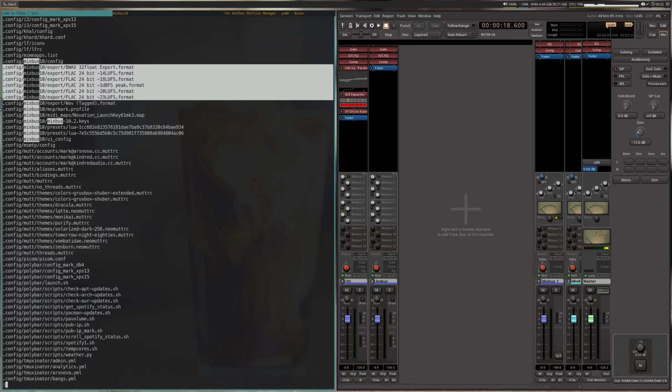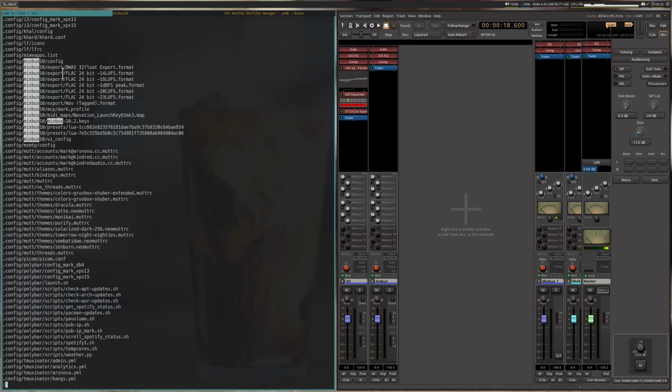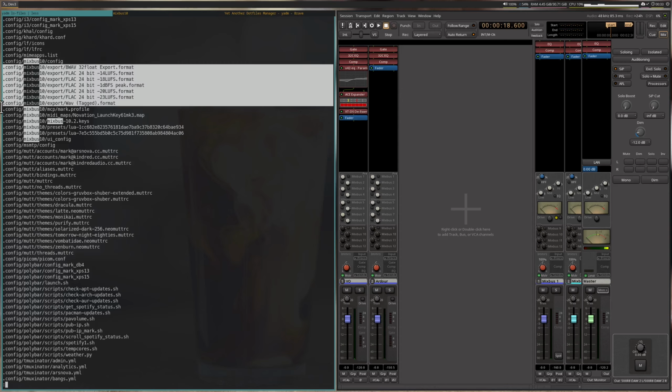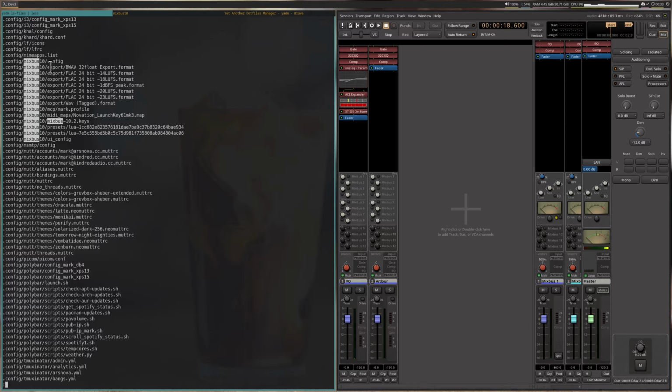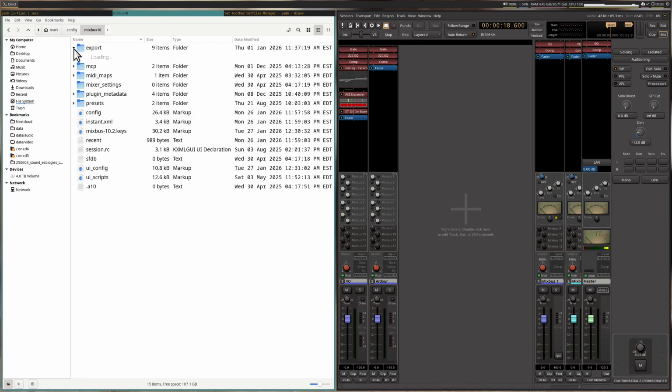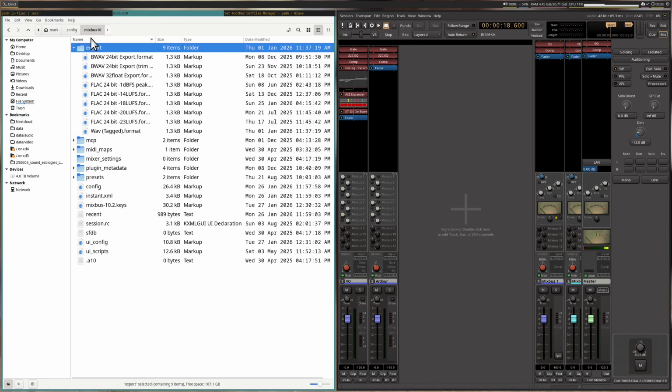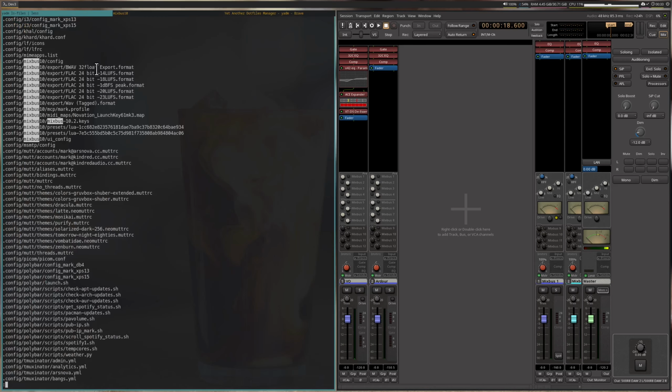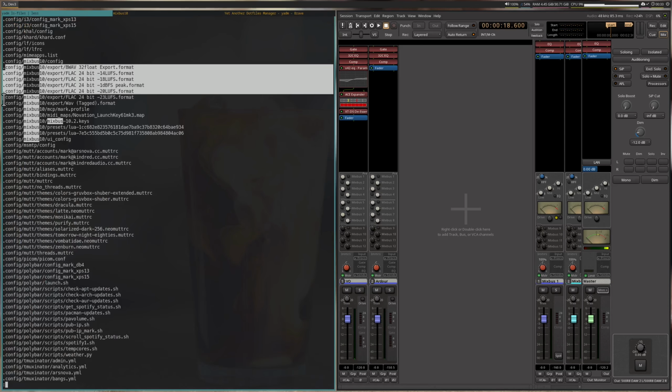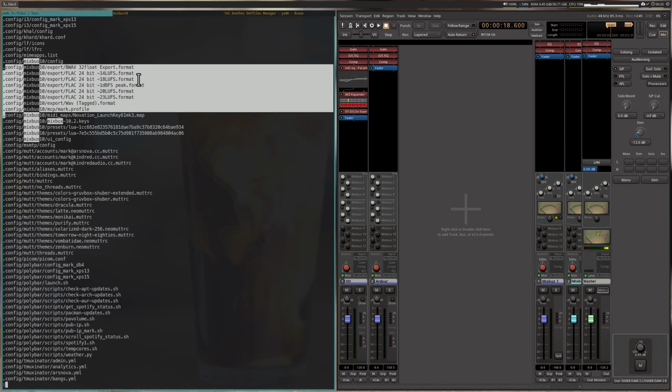I track all of my export settings. So all of my, say, FLAC 24-bit -14 LUFS. Every time I create a new export file type, or what do you call it? It's not file type. You know what I'm talking about. Export preset, maybe. A new one or edit one, they're all saved here. So I basically bring in this entire export directory, which is this guy here. So all of these are in there. And I just add that whole directory. And so again, now when I open Mixbus on my laptops, it has the exact same export formats,